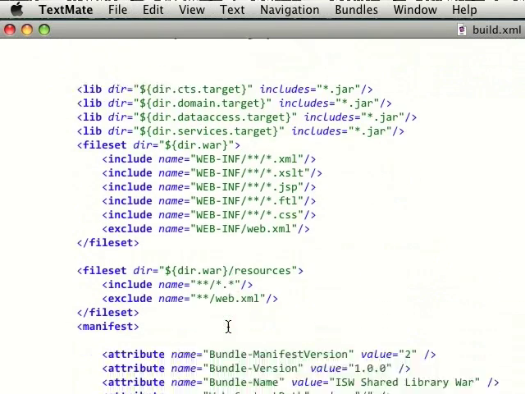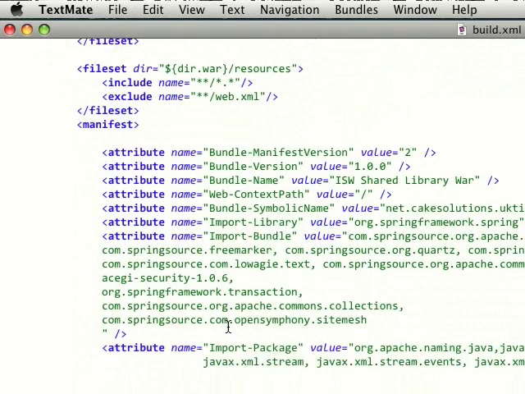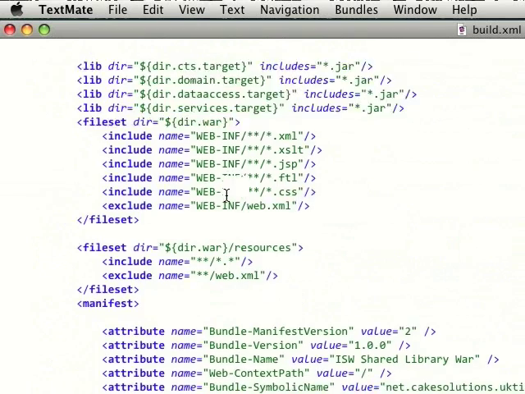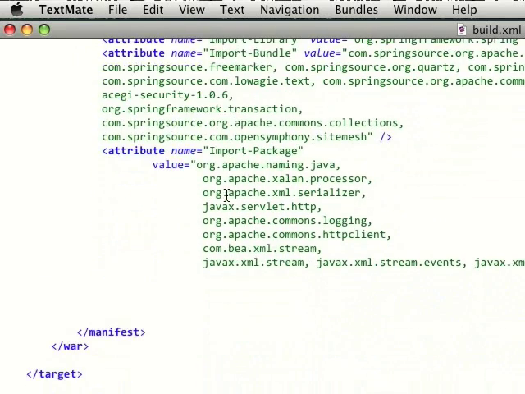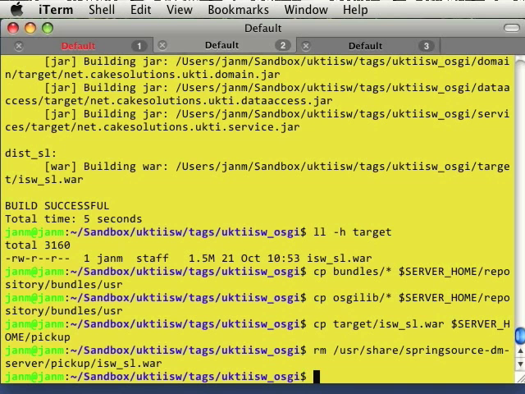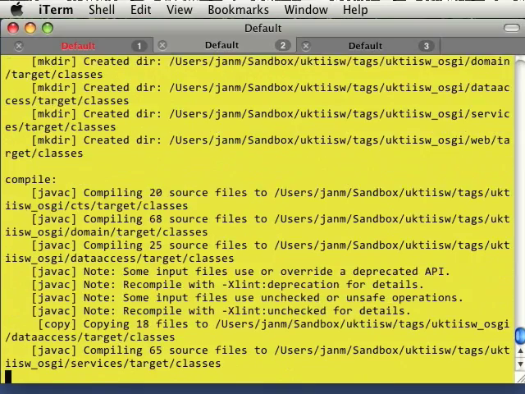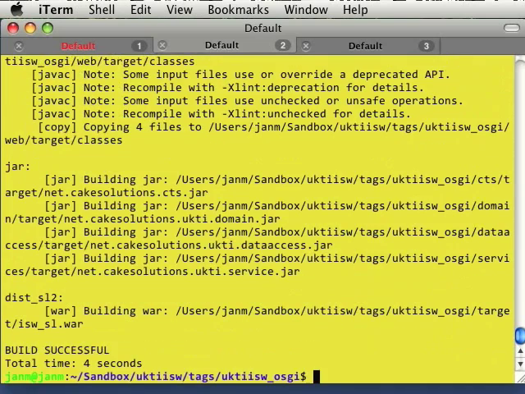The dist SL originally did not import the packages that you will see in the dist SL2 bundle. Namely, these were org.apache.xalan.processor and serializer. With these two import package statements, we can rebuild the application